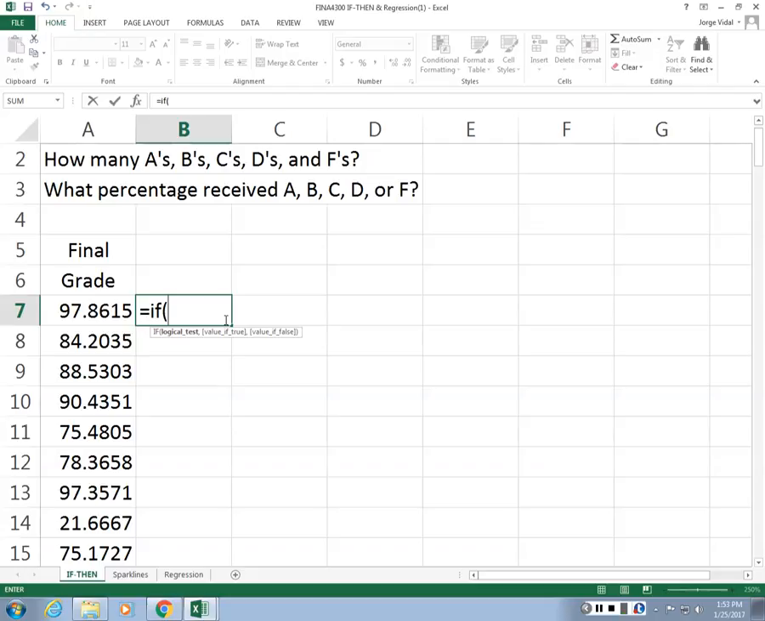It's asking for the logical test. Okay? So in this case, it will be the following. If that cell right there, A7, it's greater than 90, and we'll keep it simple for now. So that's the logical test. Once you finish that, you put a comma. And then what is Excel asking you for? Value if true. So in this case, if it's greater than 90, I want Excel to put a letter A